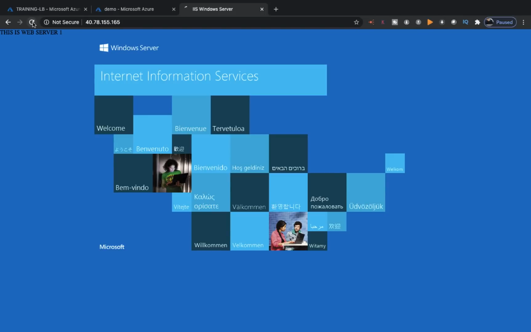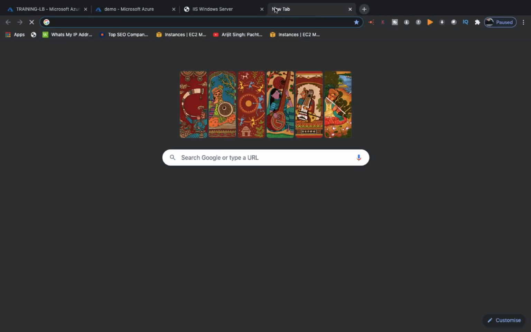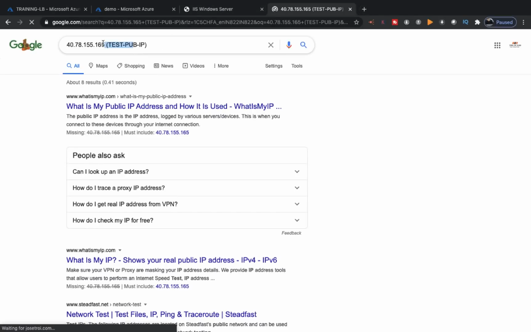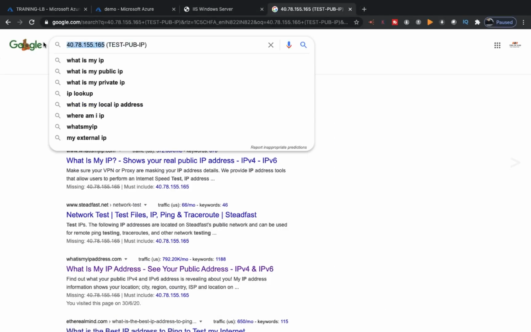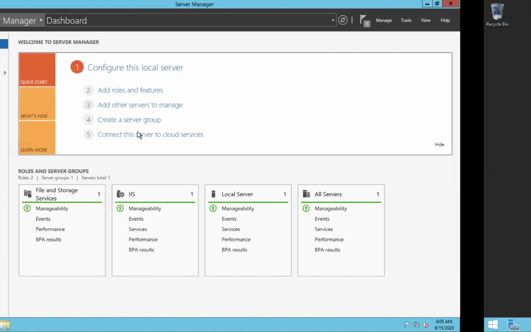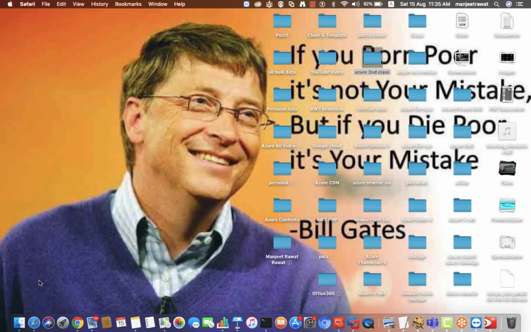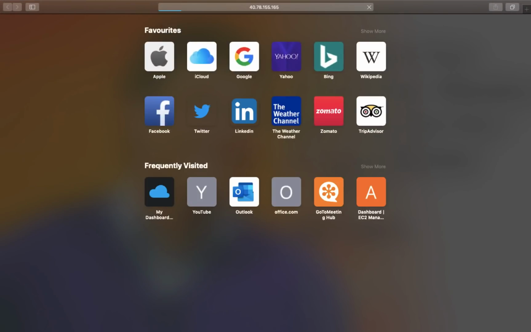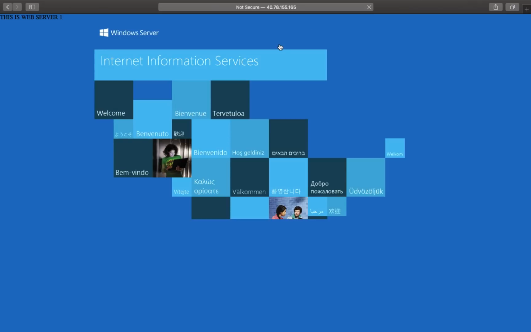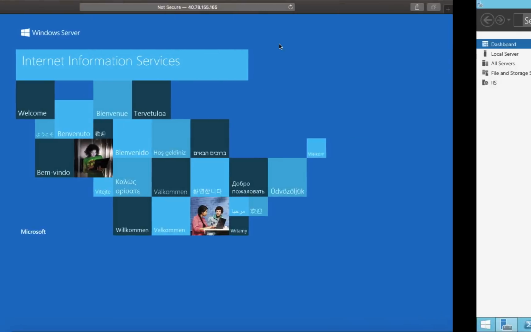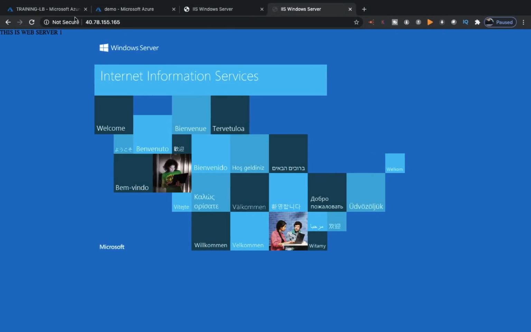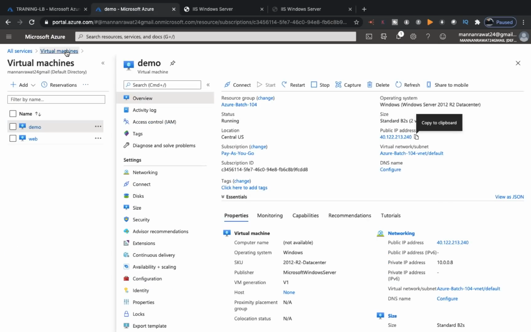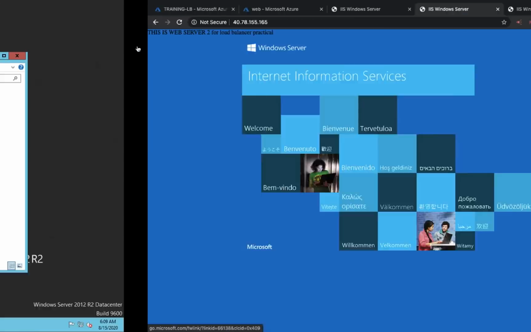You need to provide more load on the same website. Okay, so do one thing. I'm going to open another page. Let me confirm one more time. I think this is our demo. We have both virtual machines, right?